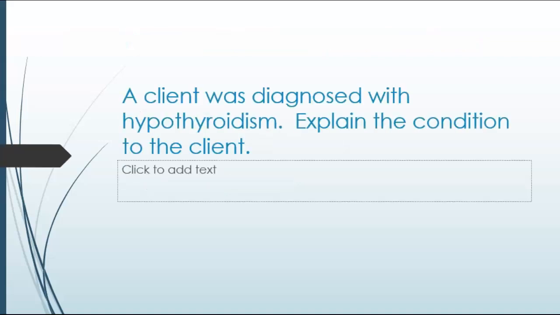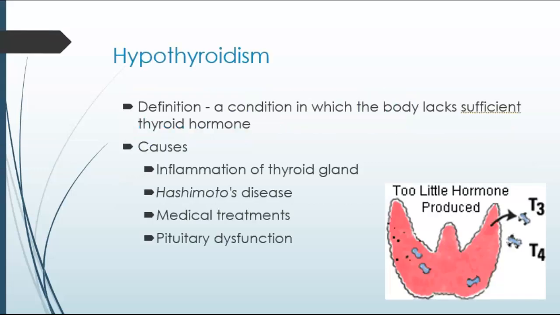Our next client that we're going to talk about was diagnosed with hypothyroidism. So consider how you would explain that condition to your client. Hypothyroidism is a condition in which the body lacks sufficient thyroid hormone, and since the main purpose of the thyroid hormone is to run the body's metabolism, it's understandable that people with this condition will have symptoms associated with a slow metabolism. Various causes include inflammation of the thyroid gland,